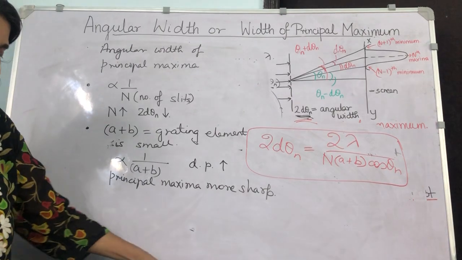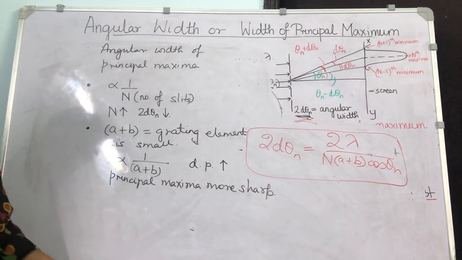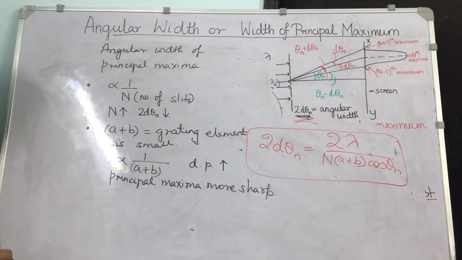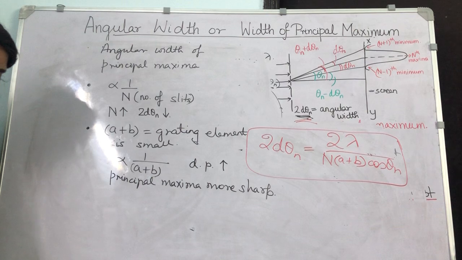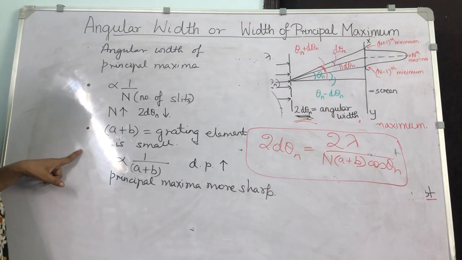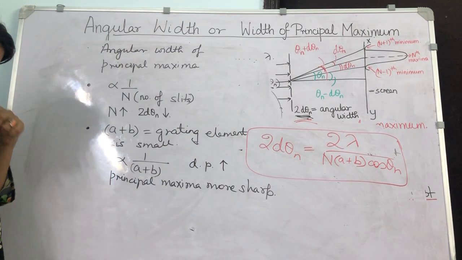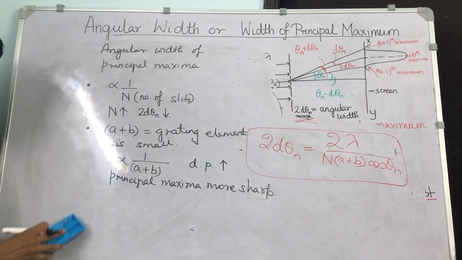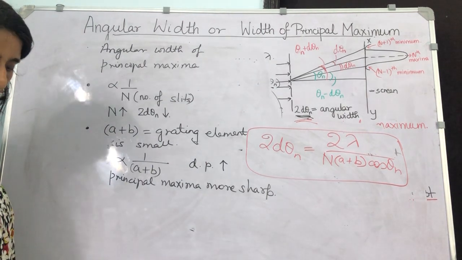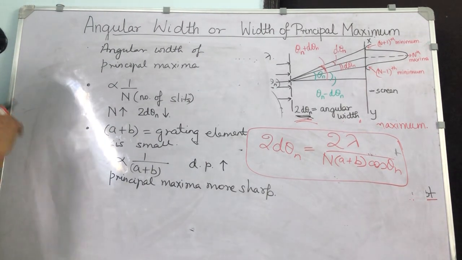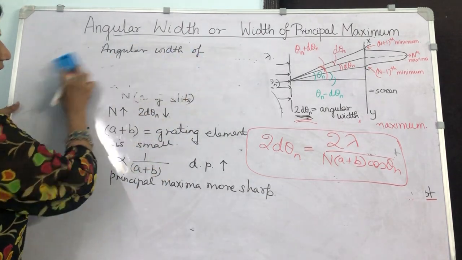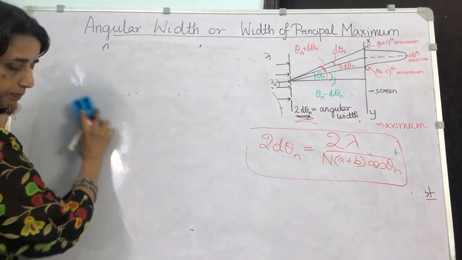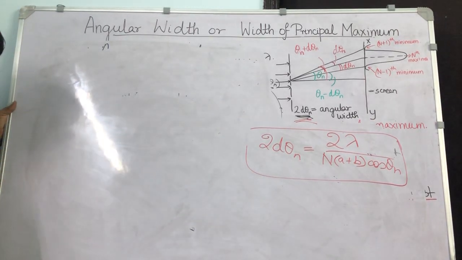Now, usually what is asked in exams is what all factors the angular width of principal maxima depends upon. So you just have to write down the conclusion like this, what all factors it is depending upon. Next, with a grating, we can get a large number of multiple spectra, and for multiple spectra we will get the Vibgyor spectra also.